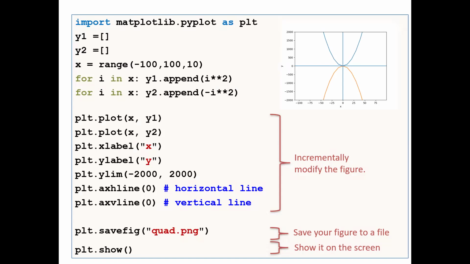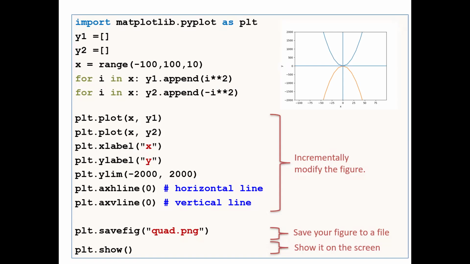Another thing is, if I want to draw two plots in the same figure, that is also possible. And to save the figure also it is possible. Here, the x coordinate is given, and for y coordinates, actually we are going to plot two plots, correct? So x versus y1, x versus y2. y1 is i power 2, and y2 is minus i power 2.